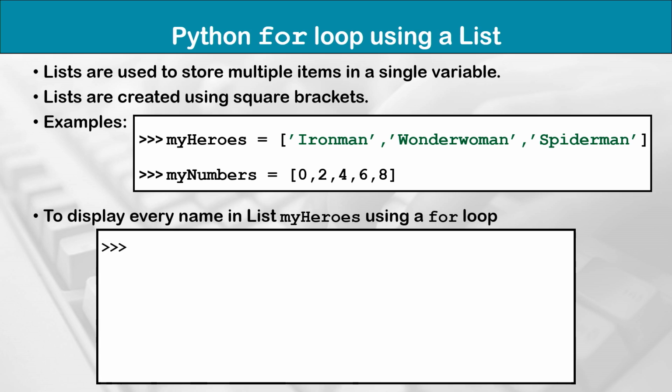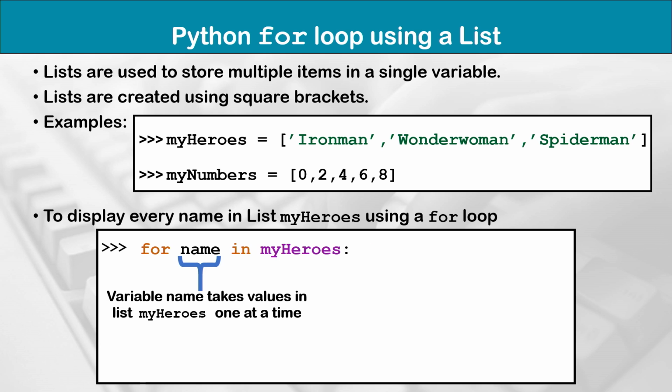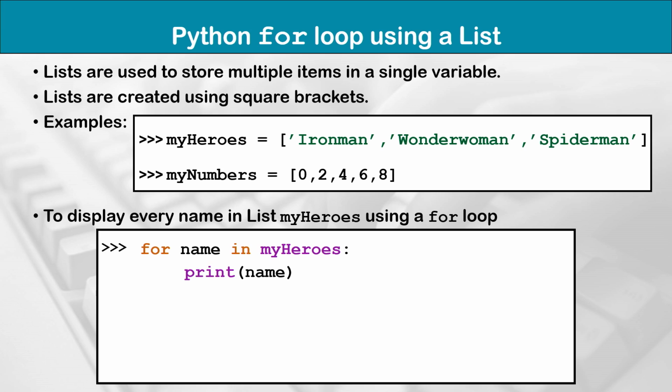To display every name in list My Heroes using a for loop, we type for name in My Heroes. Notice how the for in statement ends with a colon. Variable name will take values in list My Heroes one at a time. The print name statement will display the correct name on screen. Notice how the print name statement is indented further to the right. Executing this piece of code displays the contents of the list